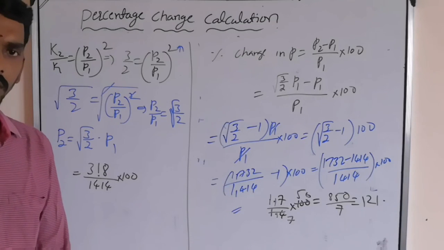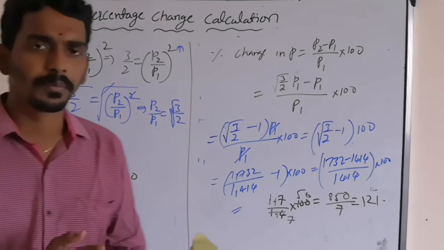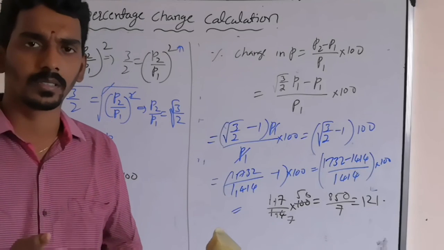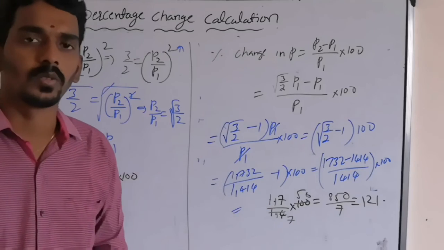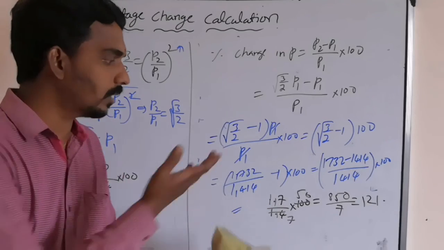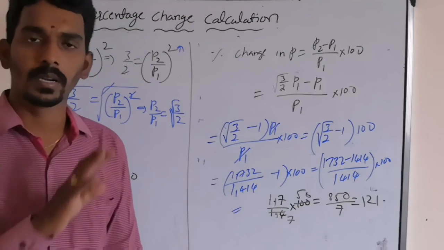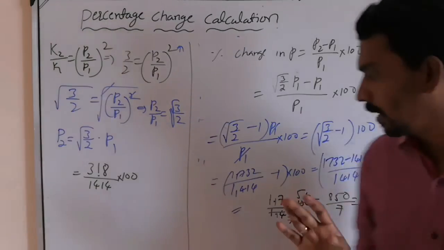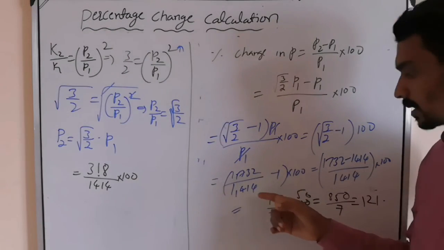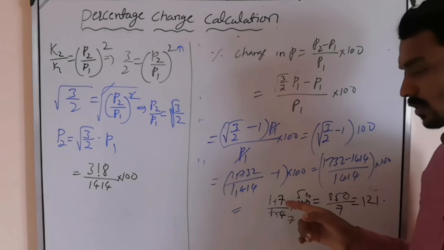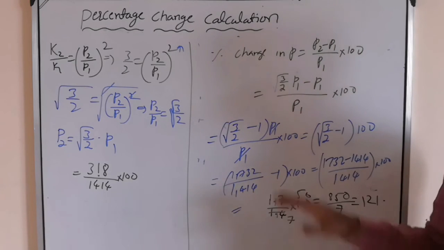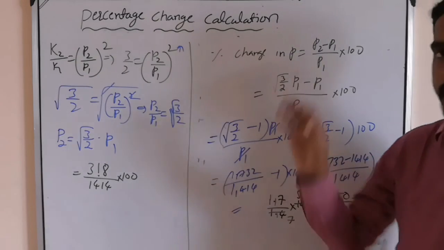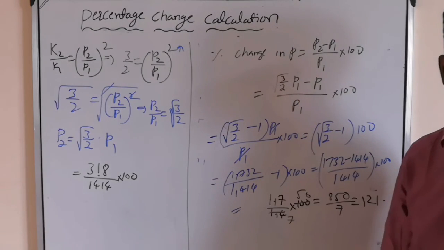So this is an approximate value. If they give options like 119, 121, 25 something, they will give some far values only. If unluckily they give close ones, then you have to take care of everything. But 99.9% they will not give. So when decimals come, try to take approximation so that it will become easier. This way you need to calculate percentage change questions.